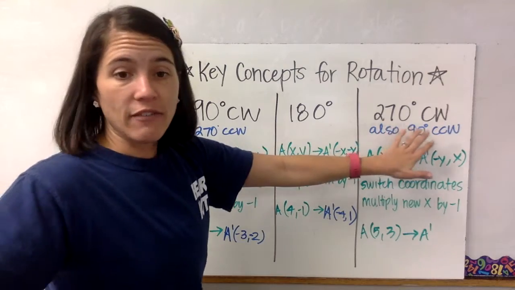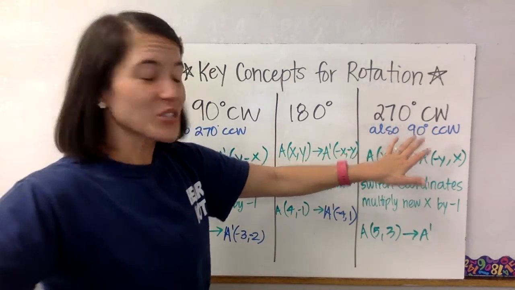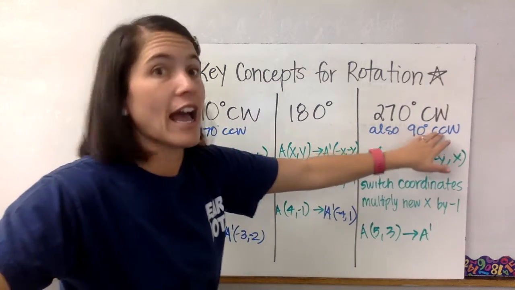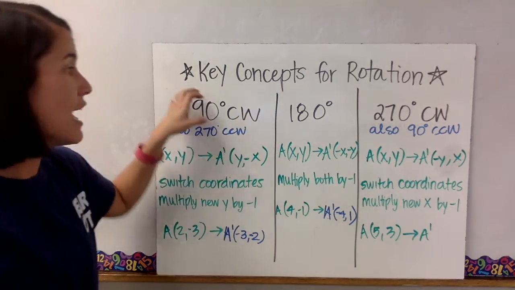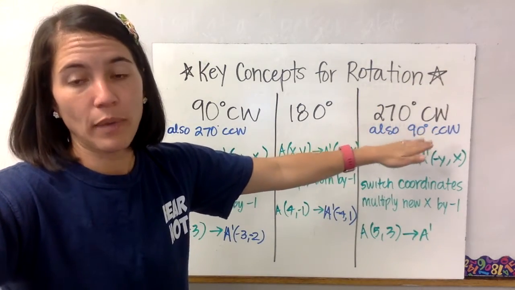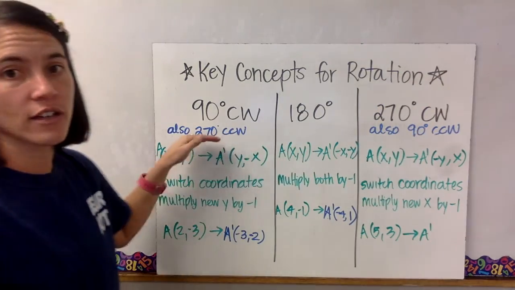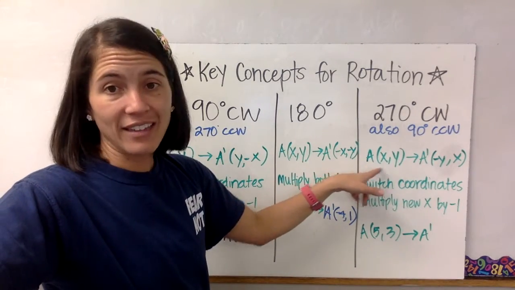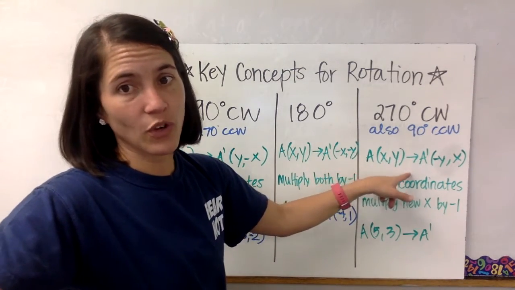For 270 clockwise is also the same as 90 degrees counterclockwise. So what I've shown you is 90 degrees clockwise, 180, 270 degrees clockwise. Or you could work backwards: 90 degrees counter, 180, 270 degrees counter. If you have a point A, which is the coordinate xy, and it goes to, if